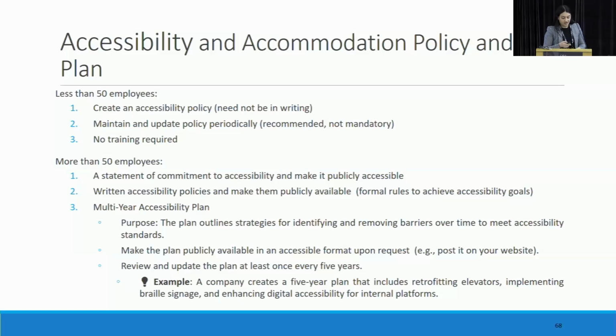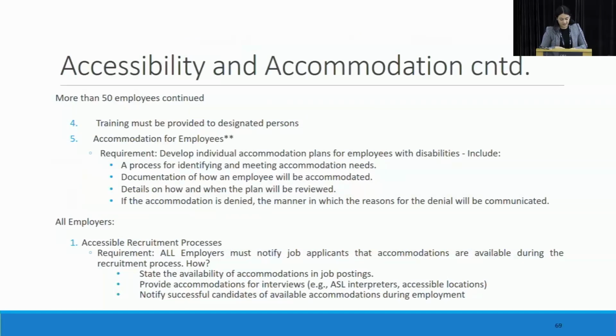Okay, so the final piece of this accommodation policy, it's not necessarily a policy, but it's something I wanted to highlight. And it just has to do with accessible recruitment processes. So this applies to every employer across Ontario. You would have to inform all potential job applicants that there is the ability to get accommodations during the interview process, during the recruitment process, and all of that. So you want to make sure that they're aware of this, and you'll typically see this on Indeed. When you see a job posting, there'll be a little paragraph that says accommodations are available upon request. So that's something that's mandated for all employers across Ontario.